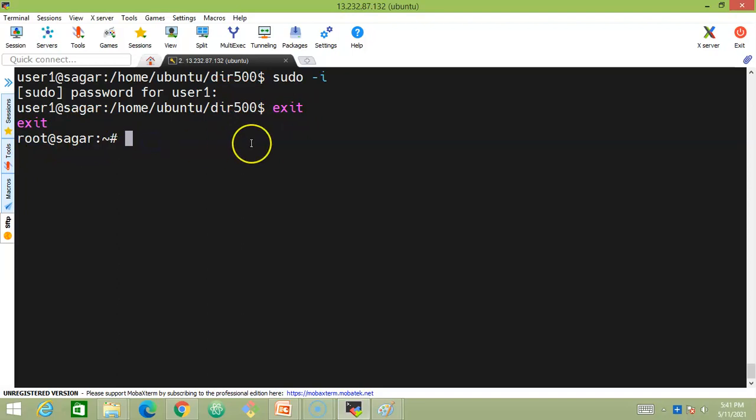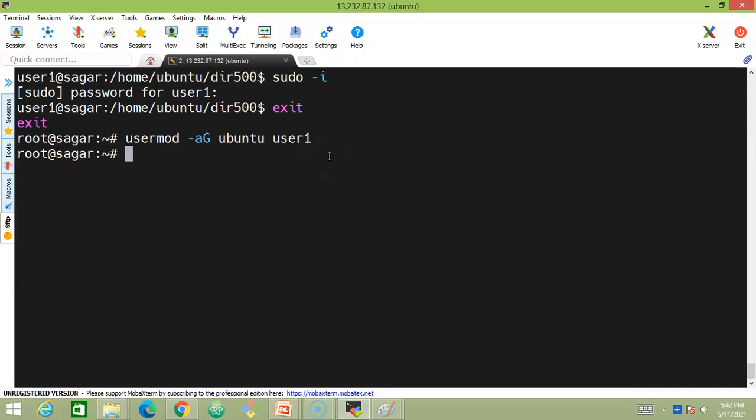Now what we would do is, with the help of the usermod command, -a capital G. If you're not able to understand these commands, it's okay. Please go through one of the videos, Linux group administration. There you'll get a clear understanding of what I'm trying to do. So for the Ubuntu group, I'm trying to add user1.